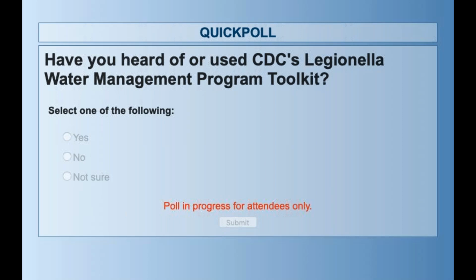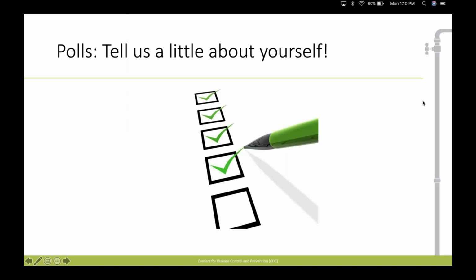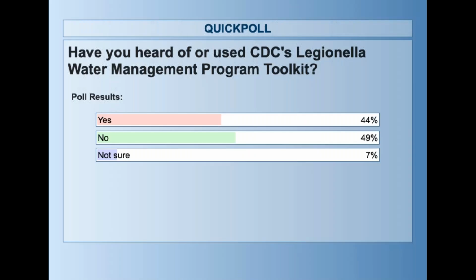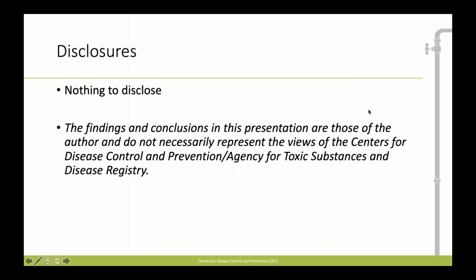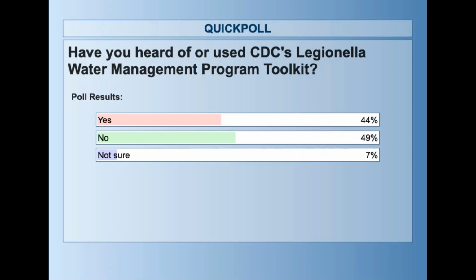Excellent. I'll give everyone one more second to vote. Thank you all for your participation. It's great to see who we have in the audience. And we're going to close that poll and share the results. So kind of an even mix of folks who have and have not heard of that. Great. All right, now we'll pass it all over to our presenter. Take it away.